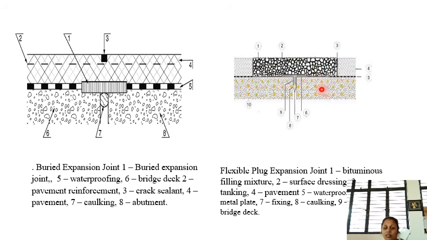Then this is the fixing, caulking and the bridge deck. So this is a fixed flexible plug expansion joint and this is a buried expansion joint. Buried expansion joint will be inside the reinforcement and the pavement, and this flexible plug joint will